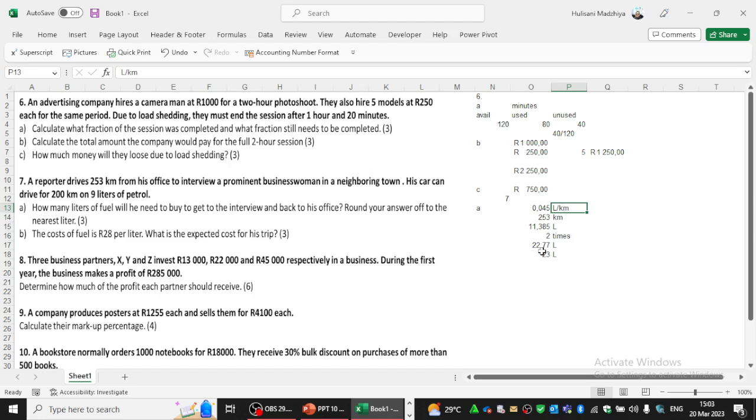You have to apply the same basic principle that we did, which is working with fractions, ratios and proportions. Based on the 9 liters, you can only travel 200 kilometers, and this time he wants to travel 253. My other method was to calculate how much bigger the kilometers that he wants to travel are compared to the ones that his car can travel. So it's this divided by this. This will give you how much bigger his distance will be based on his car's fuel distance. So that will be